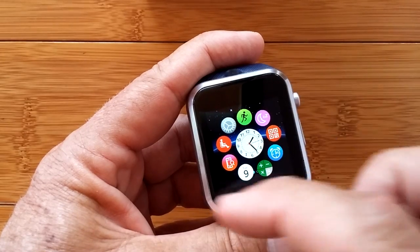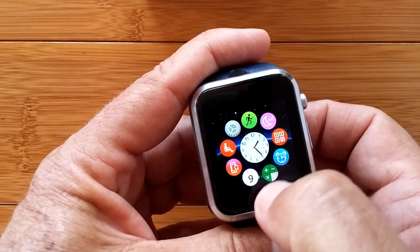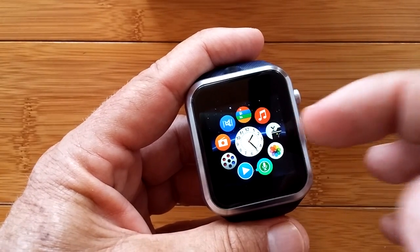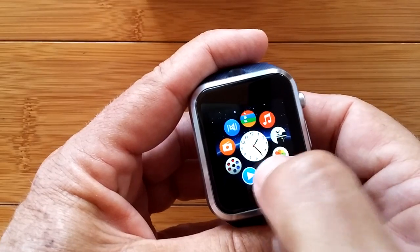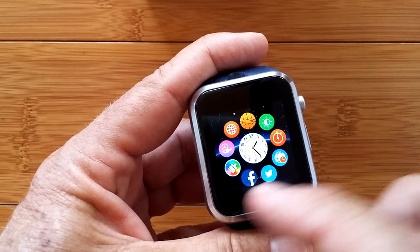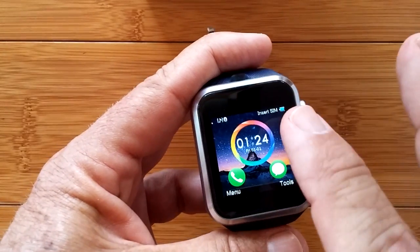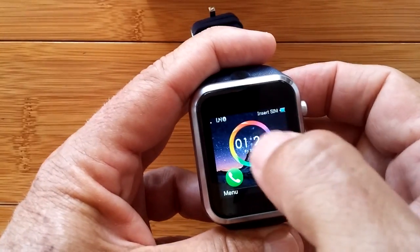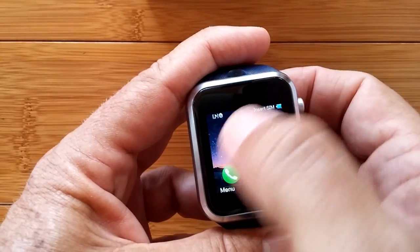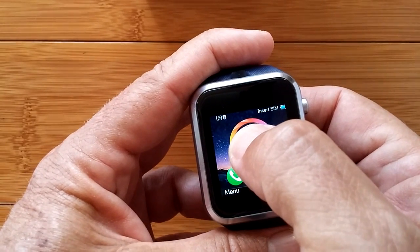Your settings and all of these other goodies, from calendars and calculators to sedentary reminders and on. This page with music and camera and pictures and video and stuff. And then this last page of all your secondary apps like Twitter and Facebook. And then it's back to the very beginning. That's all coming from this particular page as if it were your home watch face, right? If I press and hold,